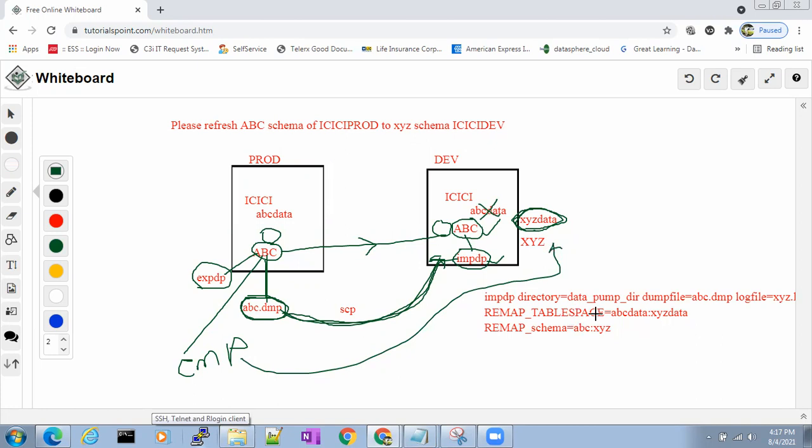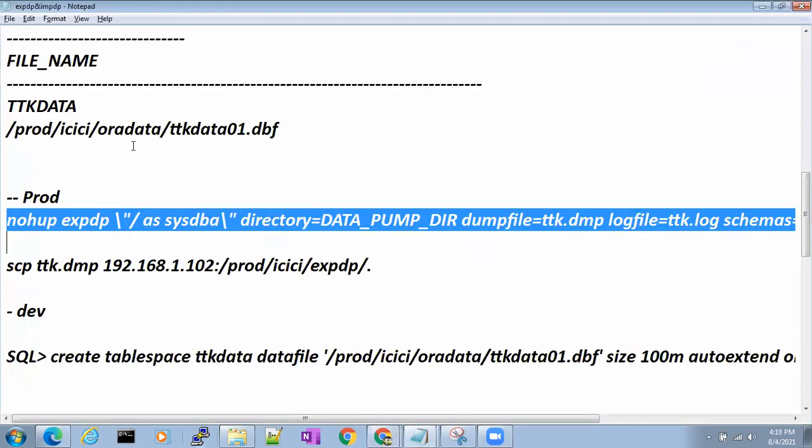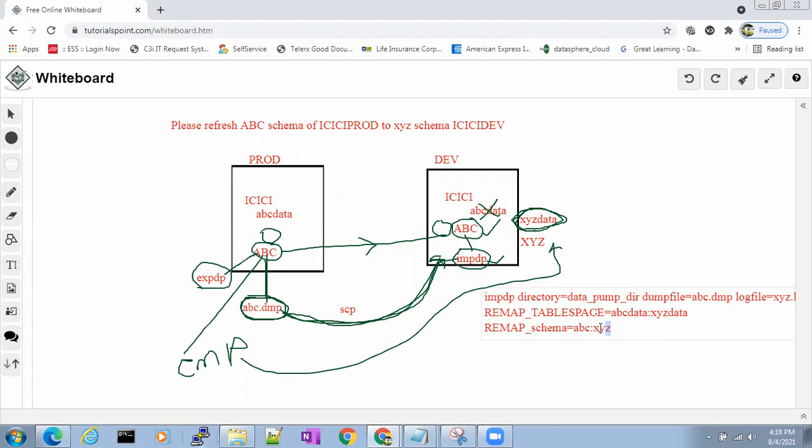Then which option will you use? Simple. Remap table. remap_table equal to ABC.emp colon XYZ.emp. Simple.